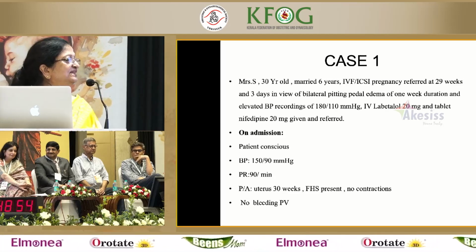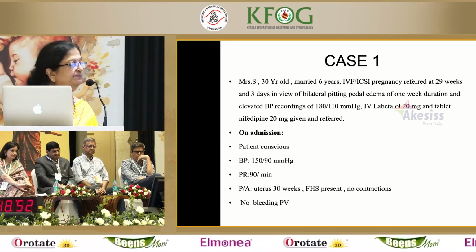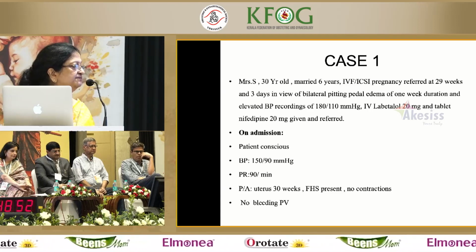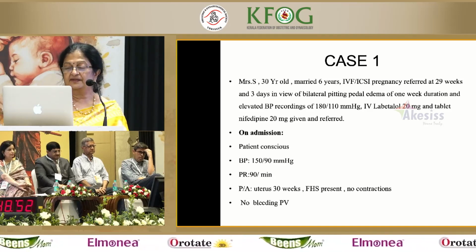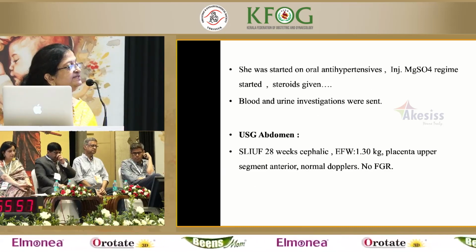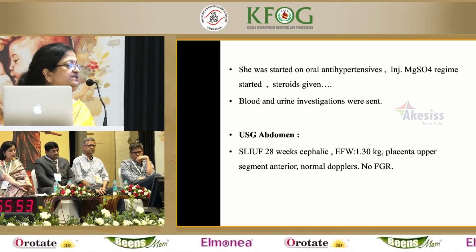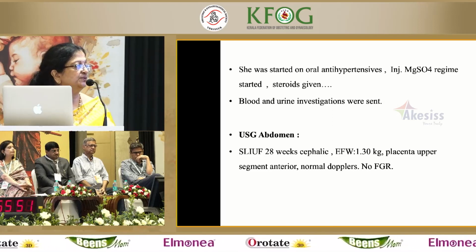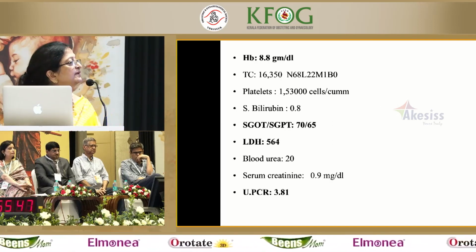On admission, the patient was conscious. Her BP was 150/90. Probably the BP had come down because of what they had given in the first center. Uterus was about 30 weeks. Nothing untoward. She was started on oral antihypertensives. We started on magnesium sulfate. Steroids were given. Blood and urine investigations were sent. Ultrasound showed a 28-weeker, a 1.3 kg baby. We did the